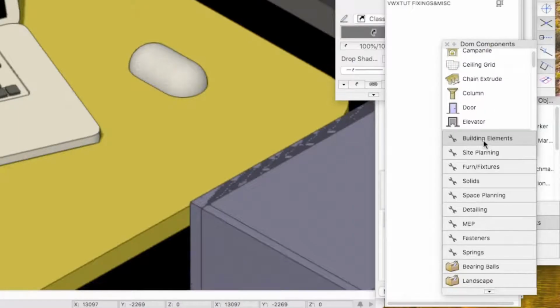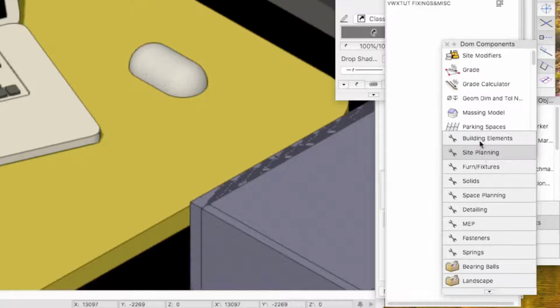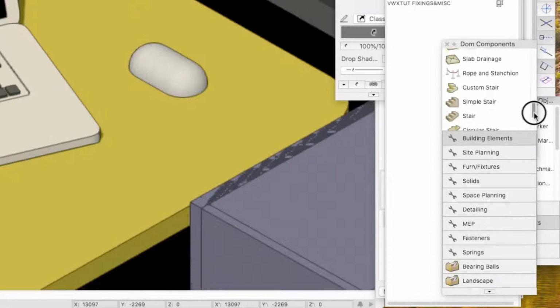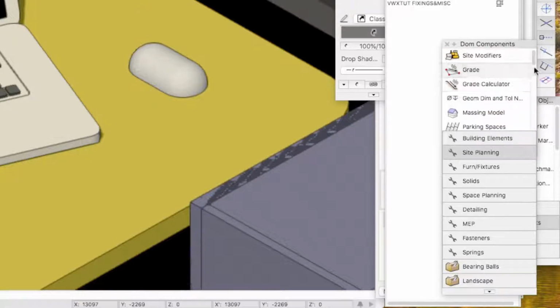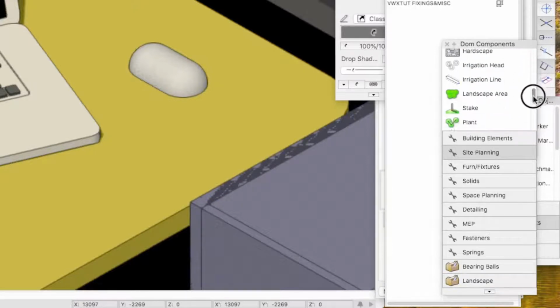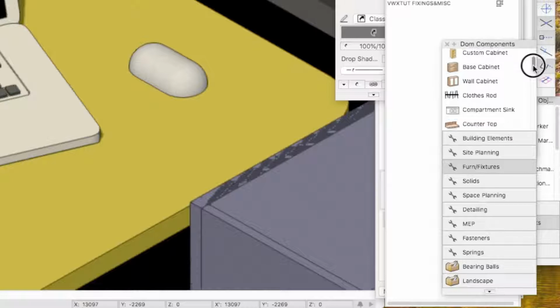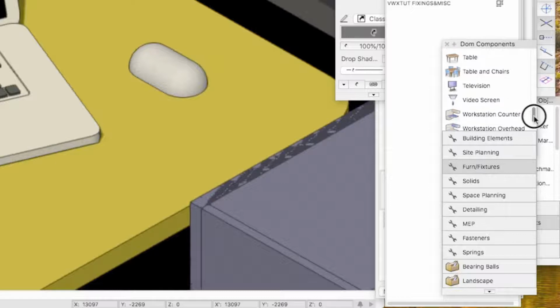It contains various menus: site planning, building elements, columns, doors, windows, framing members, stairs, site modifiers, massing models, and what have you, roads, furniture and fixtures, cupboards, sanitary fittings, kitchen fittings, desks, fireplaces, handrails,